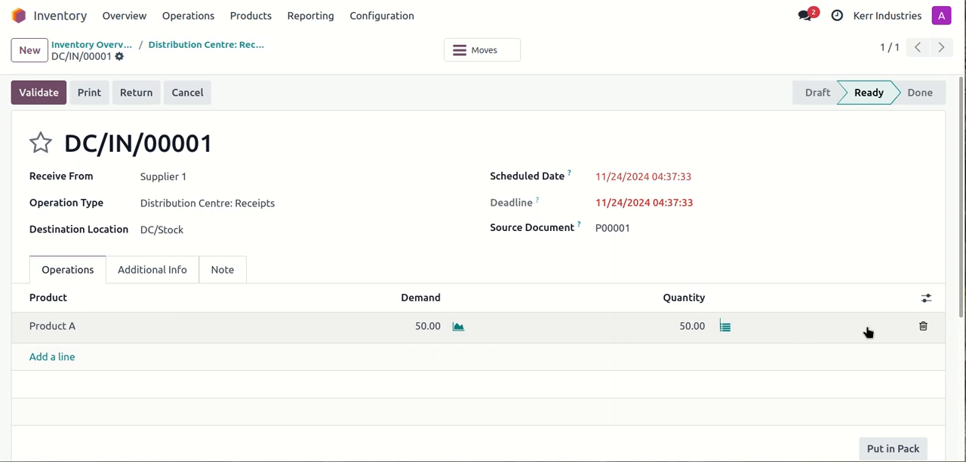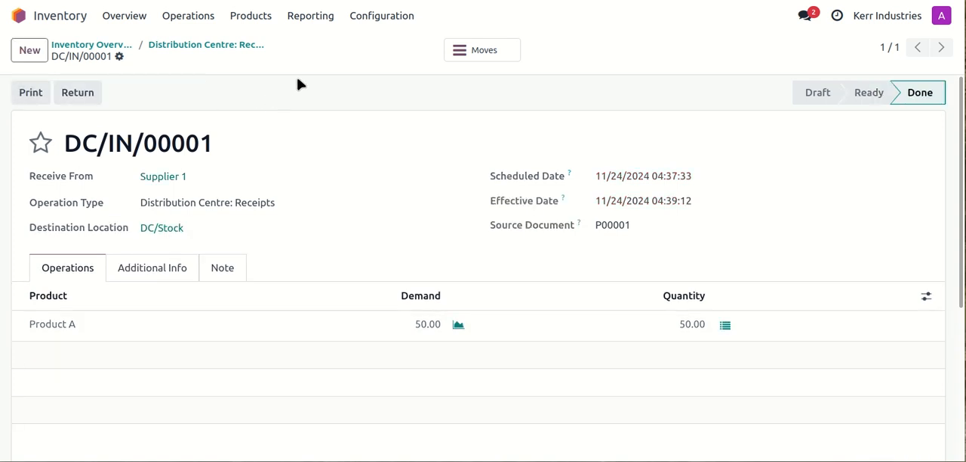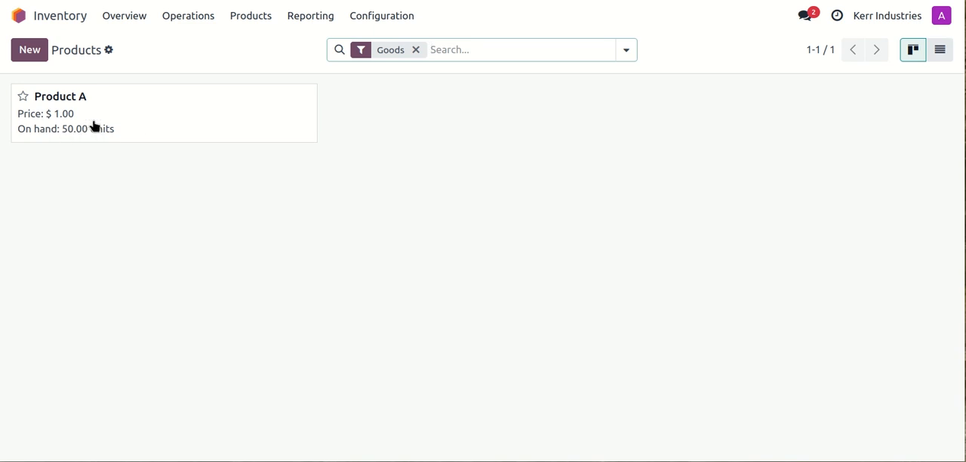What else do I want to look at here? We can see the forecasters as well, as these are coming into the warehouse, so that's not really a problem. So I can just validate this. So now we have 50 of these product A's on hand. Let's go and have a look at that. We'll go into products, and I can see here we've got 50 on hand